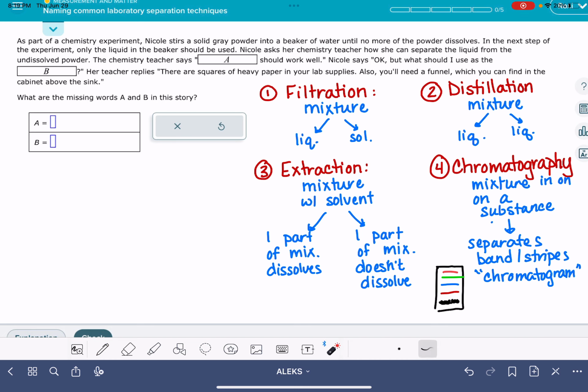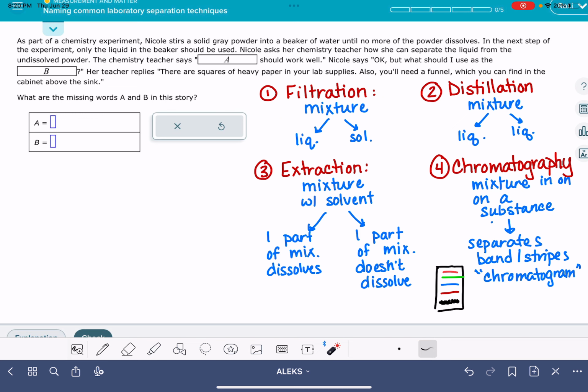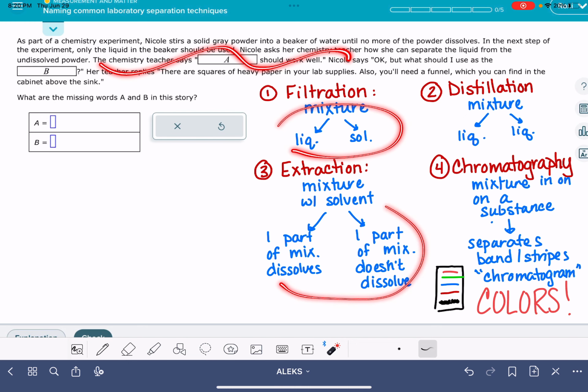So identifying the lab technique that this problem is referring to is really going to boil down to you focusing on what are the states, solid versus liquid versus many colors. This chromatography, usually one of the key things you can look for is that it does involve colors of things. So you're going to be looking for clues in the problem that are going to help you match up with